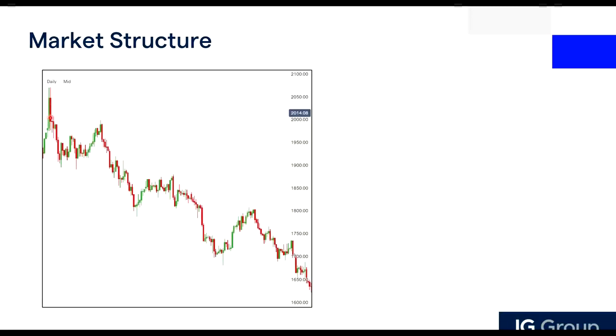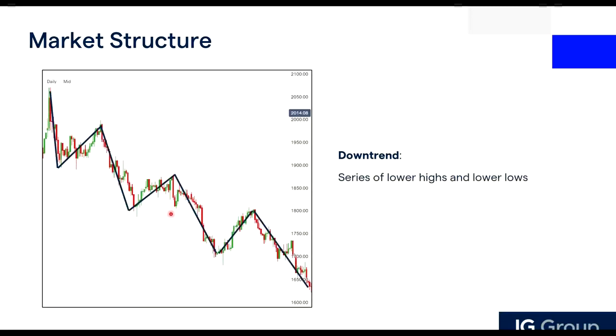So now we are looking at the downtrend. Okay, so in a downtrend, we notice that the price will form a series of lower highs. So the highs become lower every time it retraces up, and the lows, every time it goes back down, it's a lower low. Okay, so in terms of market structure, if you notice that it is in a downtrend, then what we are trying to do is we are not trying to buy when it dips to a certain level.